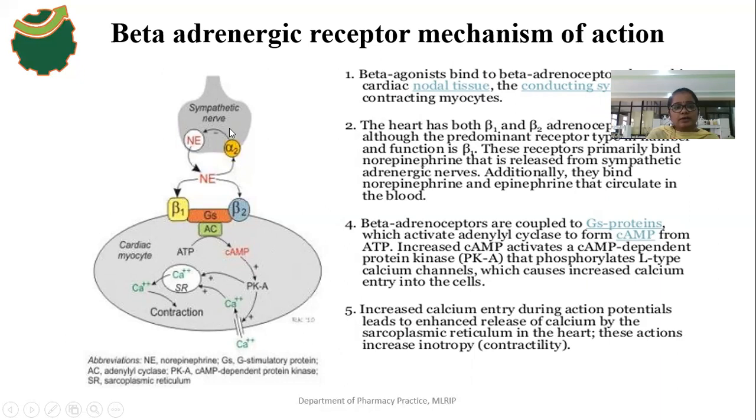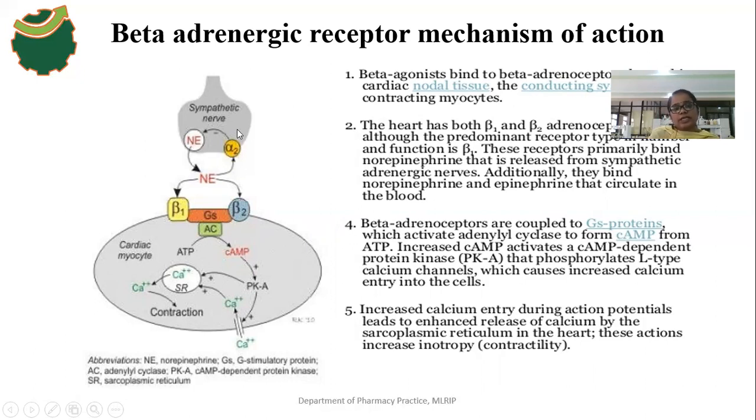Okay, so in response to sympathetic nerve impulses, the sympathetic nerve terminal releases noradrenaline. And here, the alpha 2 receptors are also present on presynaptic nerve terminals. So what is the action of alpha 2 receptors on presynaptic nerve terminals? They modulate, meaning inhibit, the release of noradrenaline from the sympathetic nerve terminal. The function of alpha 2 receptors on the presynaptic nerve terminal is to inhibit the release of neurotransmitter from the sympathetic presynaptic nerve terminals.